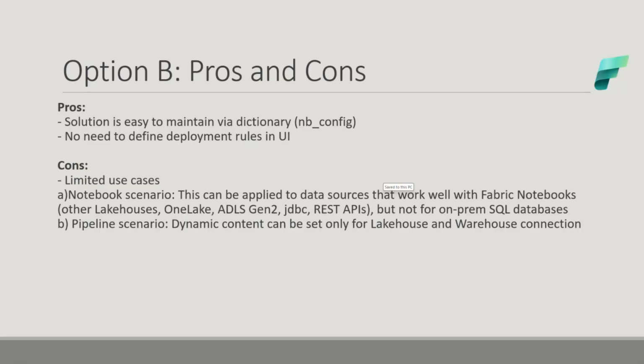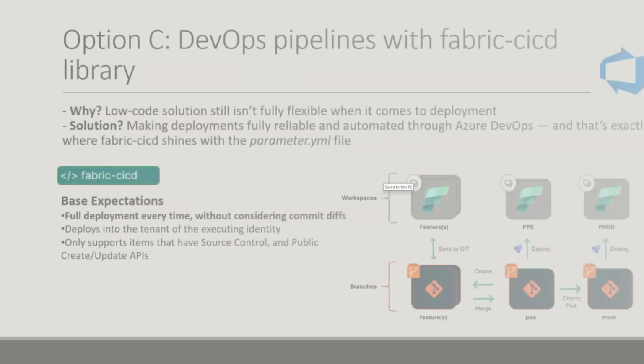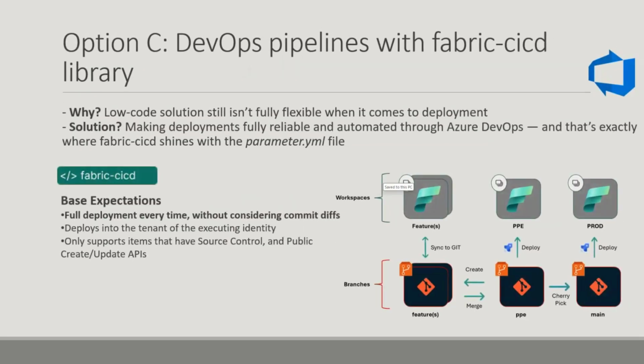So this brings us to the last point of the presentation, and this is option C, which is the DevOps pipelines with Fabric CI/CD library. This is like the main part of my presentation. So as said, a low-code solution still isn't fully flexible when it comes to deployment. We have some limited use cases where we can apply this to. But at the beginning of